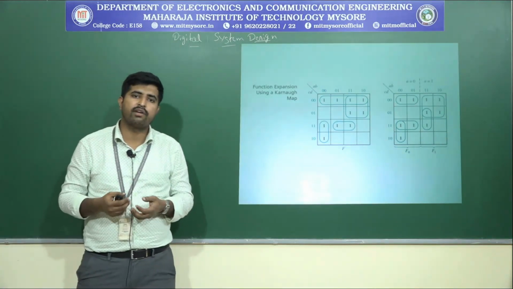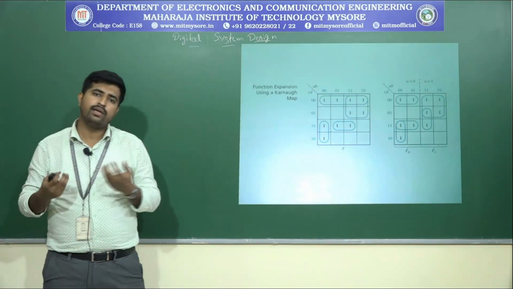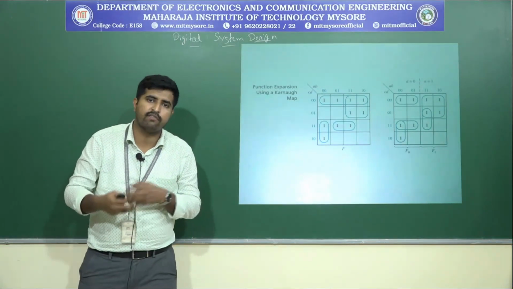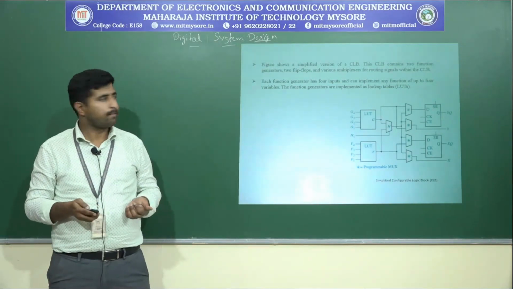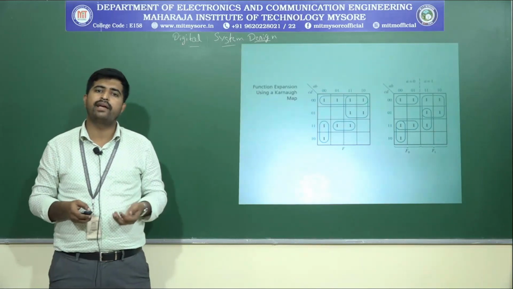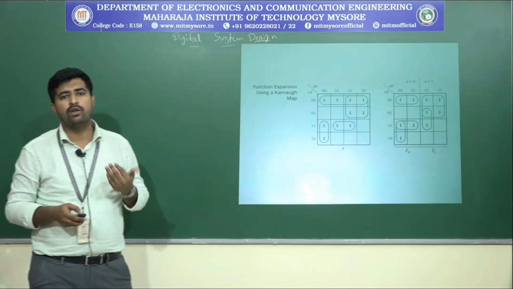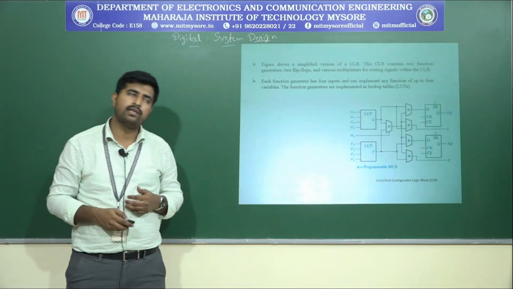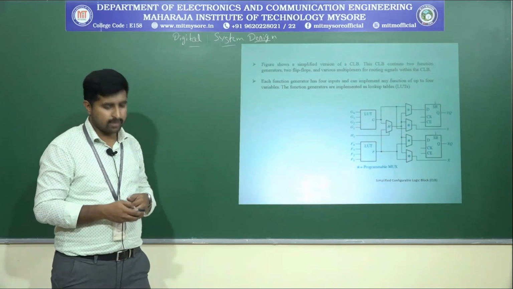If the function has more than 4 variables, using the Shannon expansion theorem we decompose the 5 variable functions into 4 variable functions, and we implement them. This is how we implement it in a lookup table. So this is how more than 4 variable functions will be implemented in the FPGA, that is the function generator using the lookup table. We have only 4 inputs, but how to implement 5 variables? By using the decomposition techniques, we implement it.